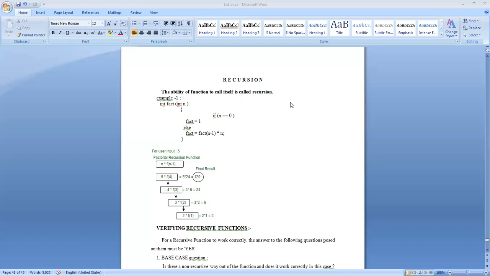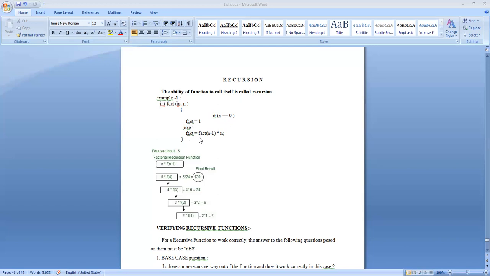Now look at this example. Here I am trying to find the factorial of a number. Look at this code. Fact is the name of the function. It has a formal parameter n and it returns an integer value. If n is equal to 0, then fact is equal to 1.